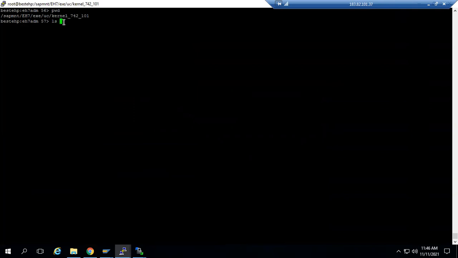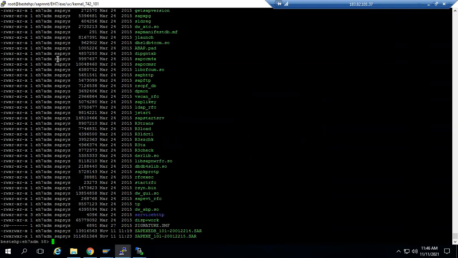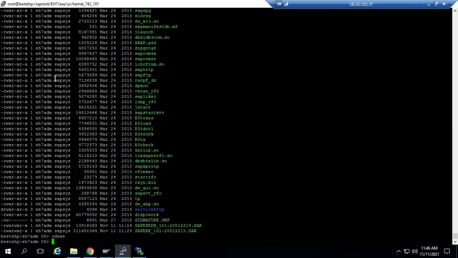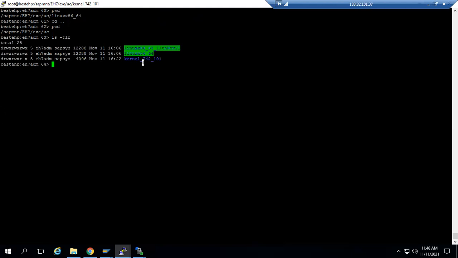Kernel. Now see, so the downloaded kernel I have placed in a location and I have uncar-ed it also.